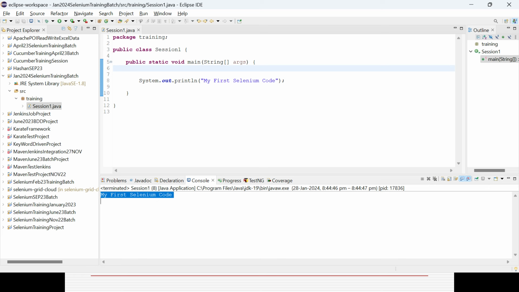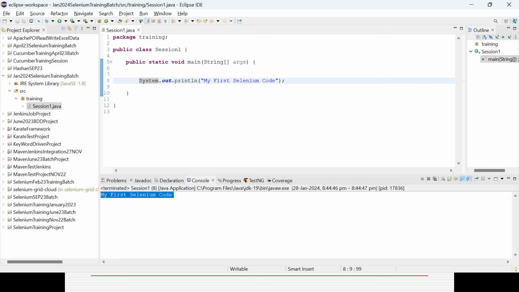So now this is generic code, and there is nothing integrated for Selenium WebDriver. This is the Java code I have written, and I am trying to execute it. Okay, in case I want to run something in my browser, in my Firefox browser, then what code do I need to run?